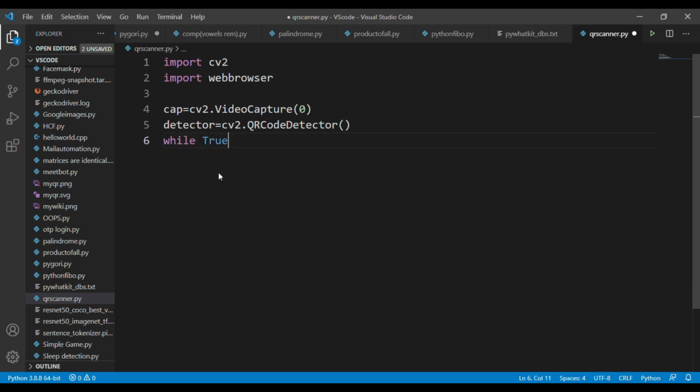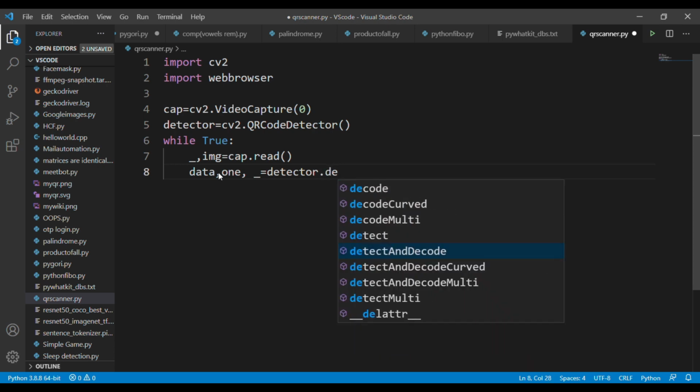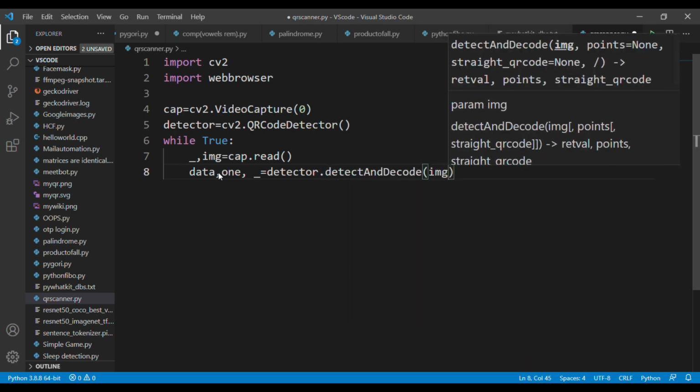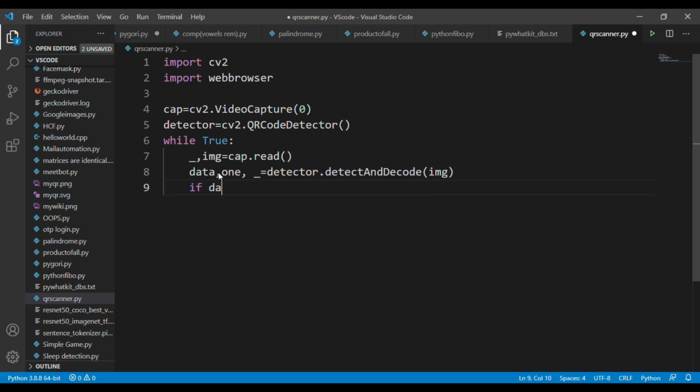Okay. After finishing that step, you need to create a while loop and in this loop, create a variable called image. And this loop will read your webcam screen continuously until the loop breaks. After declaring the loop, next create a variable called data and this variable is used to decode the QR code. If any data is present in the QR code image, it will break the loop and it opens the link in your browser. So this is the condition that I inserted here. Okay. So finally call the object cv2.imshow. This will produce the output.